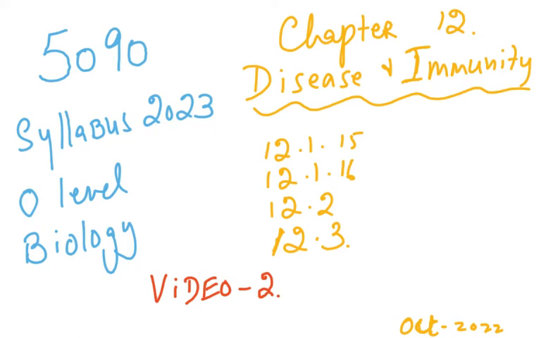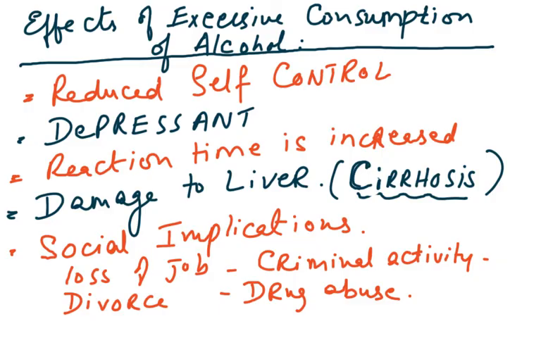Bismillahirrahmanirrahim. This is the second video on Chapter 12, Disease and Immunity, 5090 O-level syllabus. Now coming to the effects of excessive consumption of alcohol, this is point number